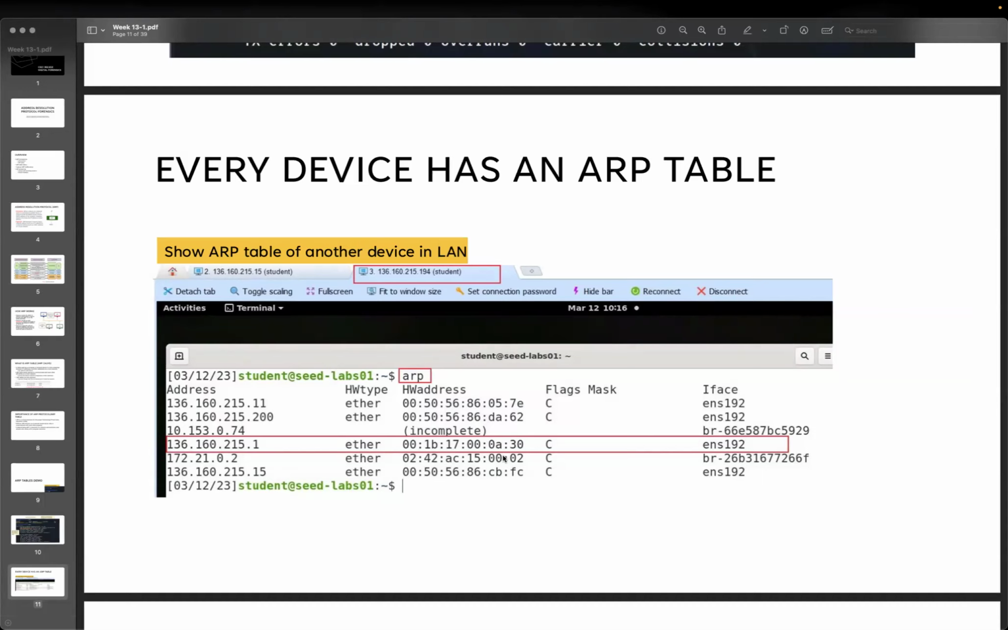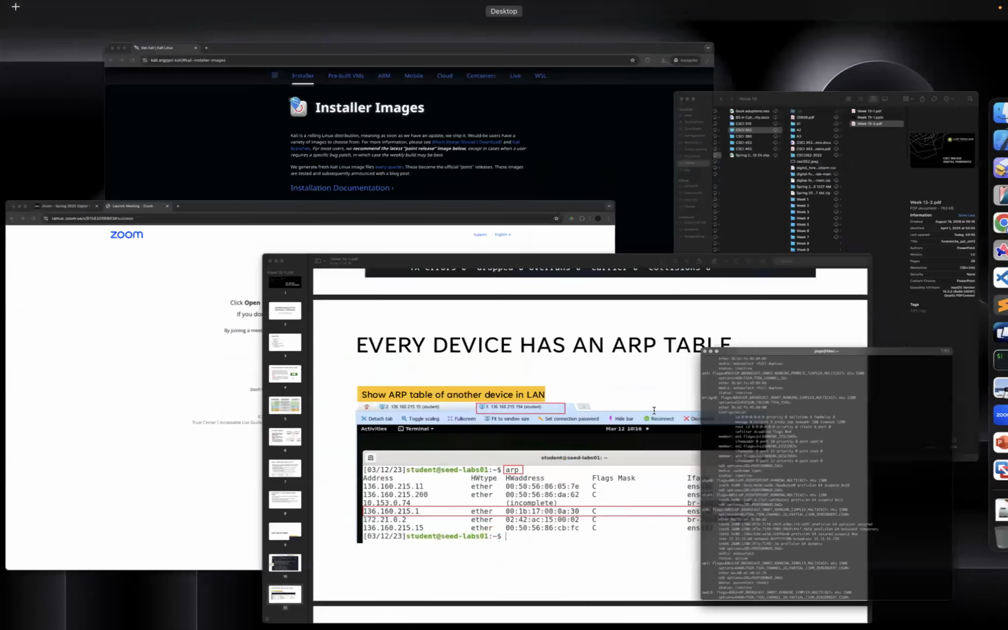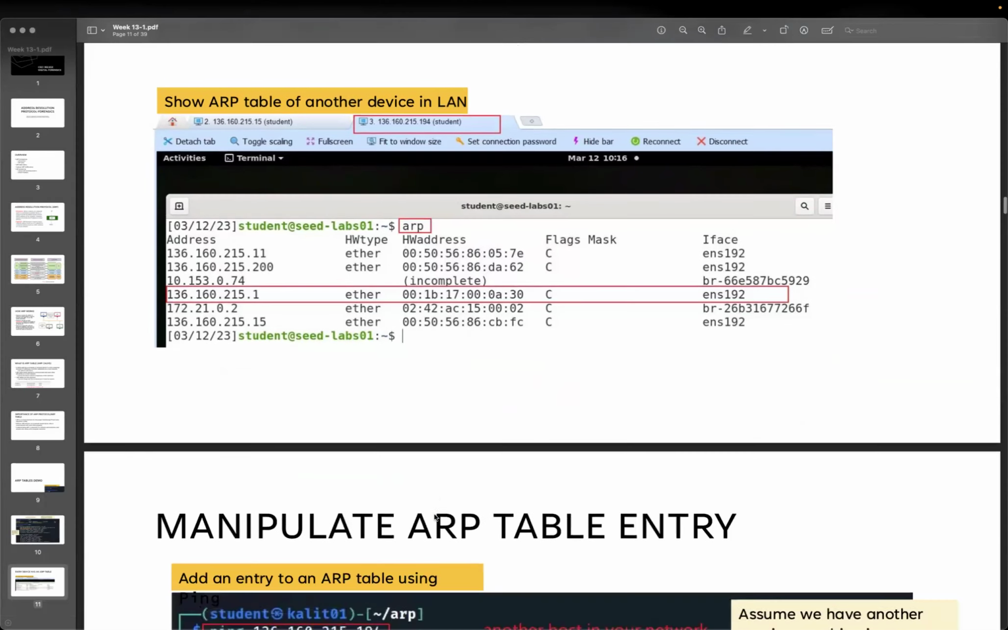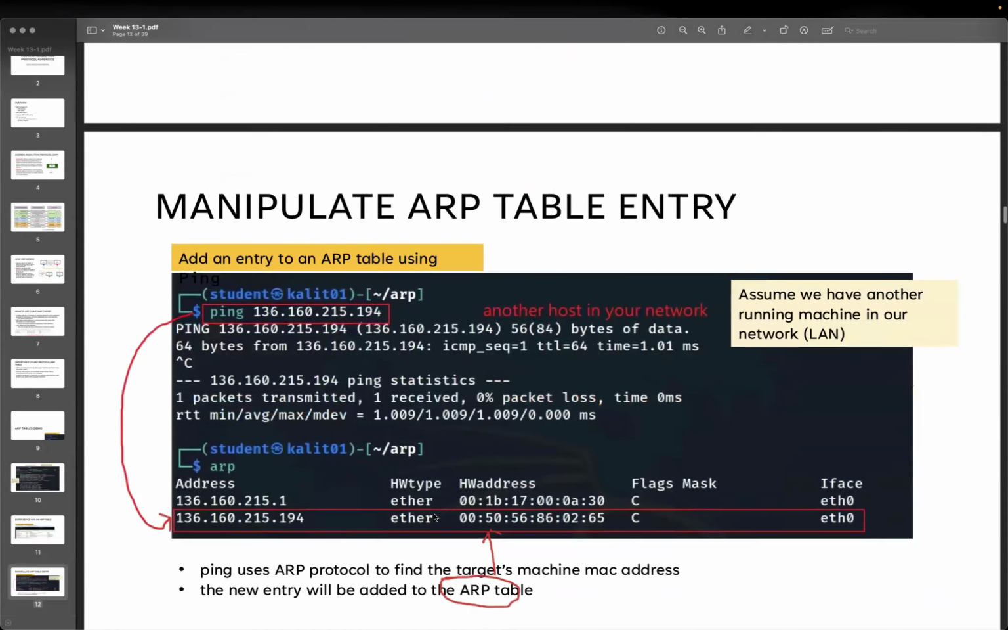Okay, maybe using which interface. Maybe the words look different, but we can obtain all this information. Okay, so that's why we can. And right here, one of the